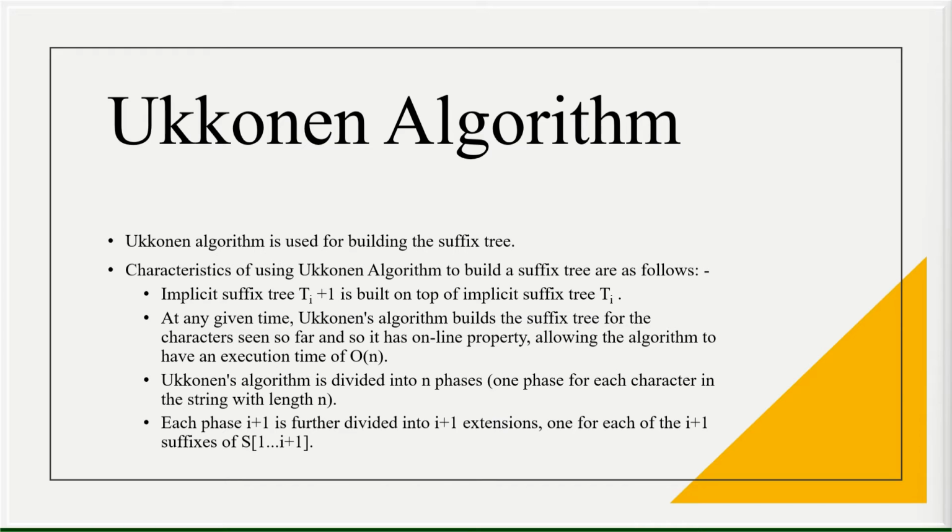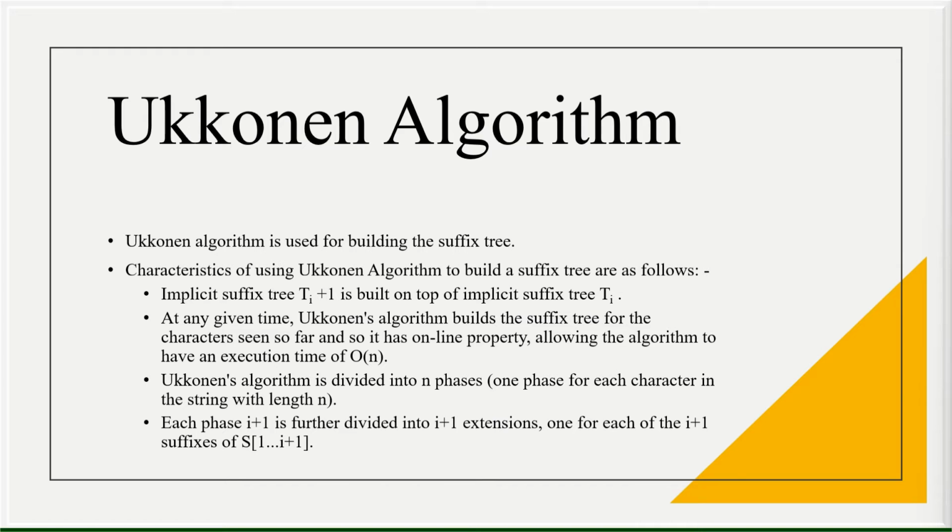So to draw the suffix tree in O of n time, Ukkonen's algorithm follows particular characteristics. The first characteristic is it builds an implicit tree by considering the first character of the string, then it adds the next character progressively. This adding of the next character makes the algorithm an online algorithm. I will be explaining it with an example, just try to understand right now. The next step is, the algorithm uses suffix extension rules to construct an implicit tree on top of the already present tree.